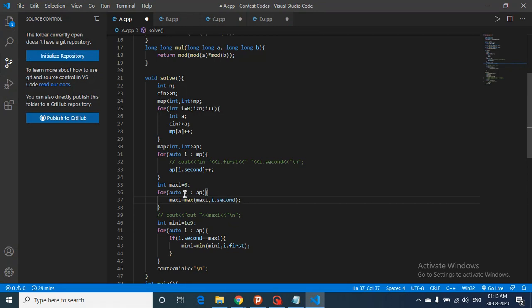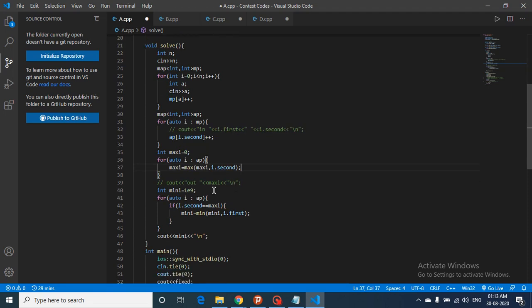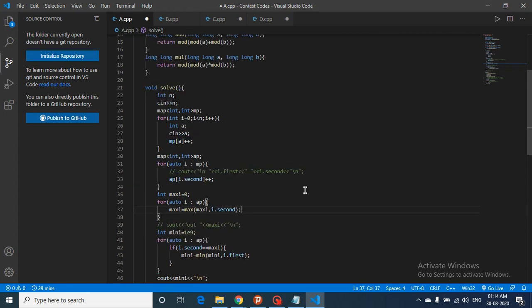So iterate over this and find out the maximum among all those frequencies, and then among all the elements in this map, if they have the same frequency, find the minimum among all of them. Because we have to find out, among all those numbers which have the same frequency, which number has the minimum possible value. You will iterate over all these numbers, find the minimum possible value, store it in mini and output mini. I hope you understand. Because the constraints are relatively small, you can use the map to find out the answer.